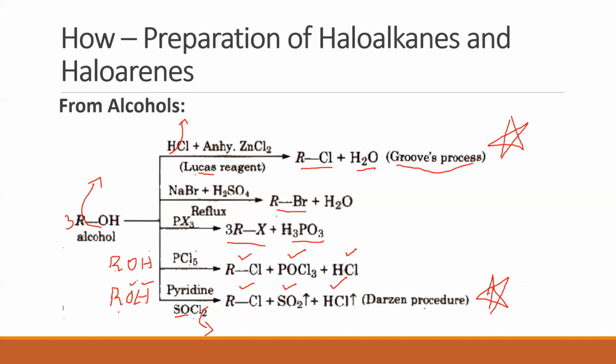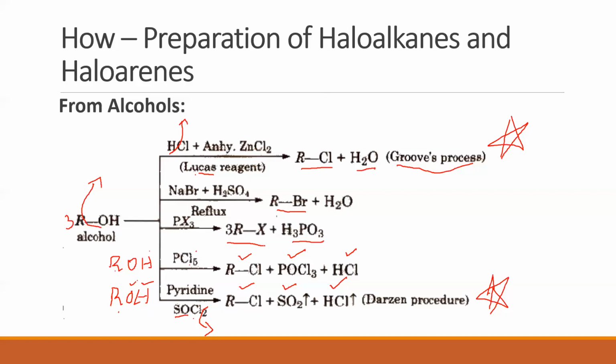Now we need to understand why this is a preferred method. Out of all the methods that are mentioned here in this slide involving alcohols, this method is the most preferred method. Why do you think so? Out of all these reactions, out of 1, 2, 3, 4, 5 methods that we have seen in this single slide involving the same starting compound alcohol, the last method is the most preferred method? This is what is employed. Why? The answer is there in the reaction itself.